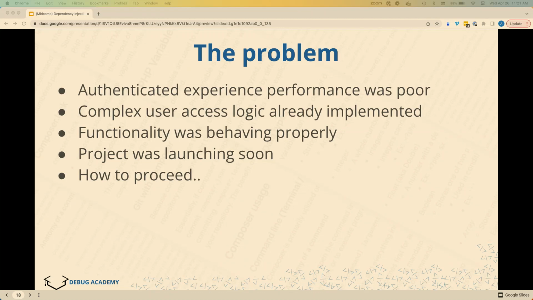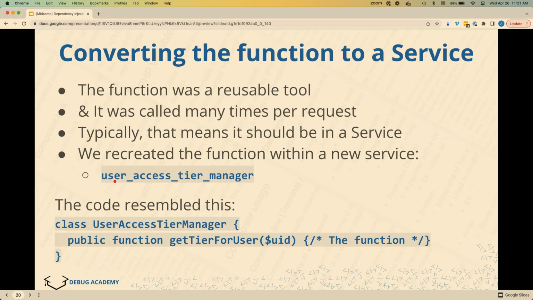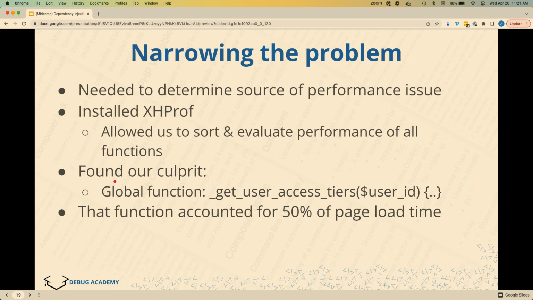And we were launching very soon, and we went to our load testing phase, and it was just failing the load tests. So first we had to figure out what's the real root of the performance issues. So we used XHProf. It's a freely available, open source tool. And what you do is you can load a page, you can trigger a request however you like, and XHProf will log basically all of the function calls, how much time each function call took, how many times each function was called. It's really very thorough and very, very useful in determining bottlenecks.